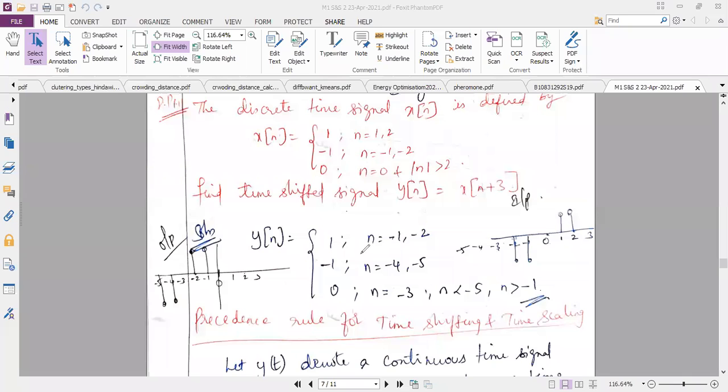Suhas, I was asking you about how to write the y of n equation. Can we do it? Y of n is equal to...